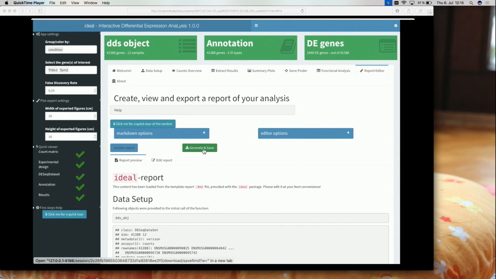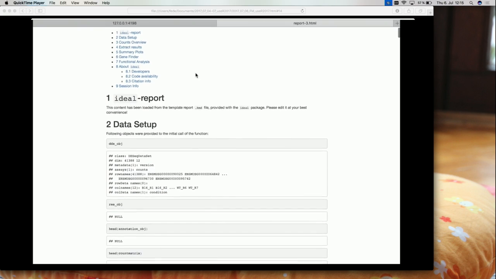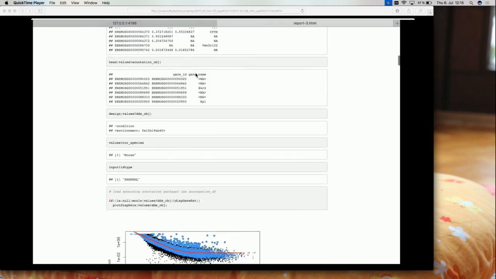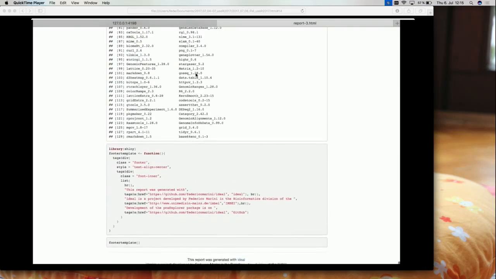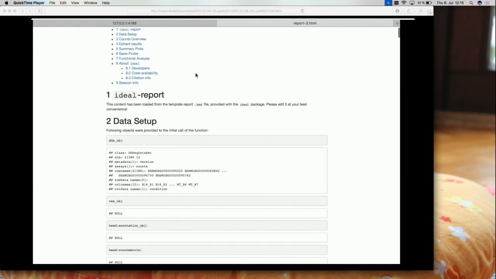Additionally, you can click on Generate and Save to actually export and download the HTML, or you can click on this cog, and you can, for example, save your state either as binary data or to the environment. So that would be it. You can then see how it looks once you generate the report. It's nothing else but the thing that you had in the app, but you have an HTML that you can just save, share, store, whatever it is. So I go back to this,